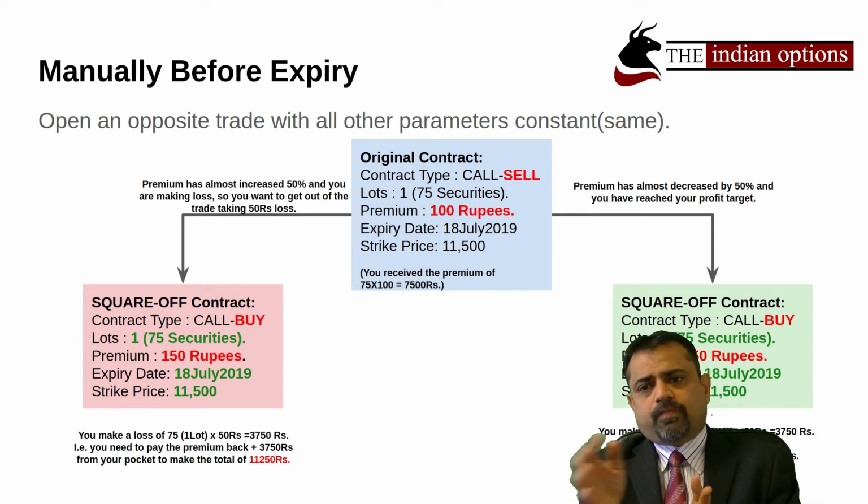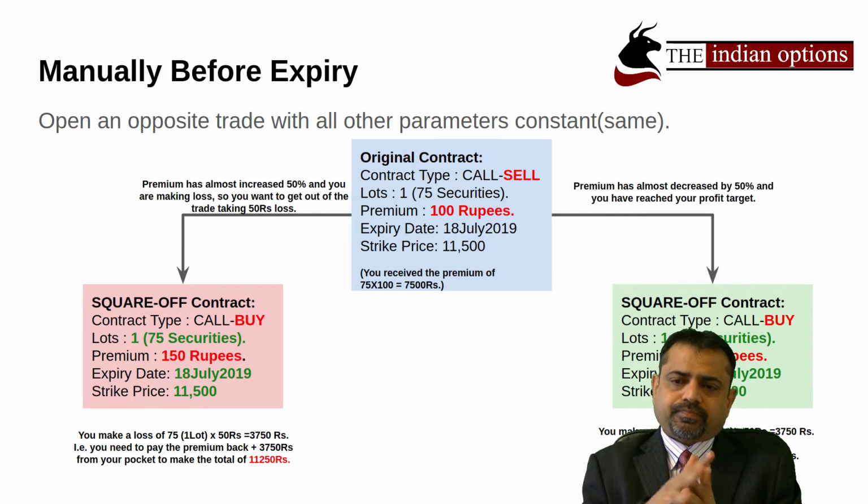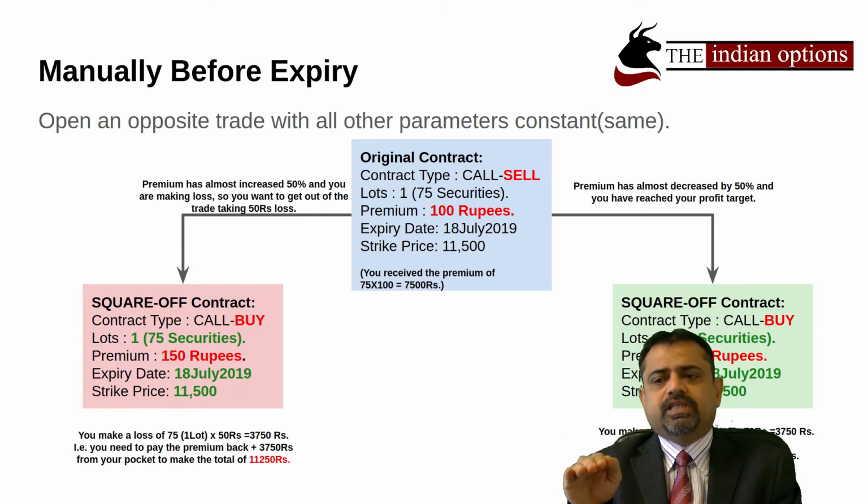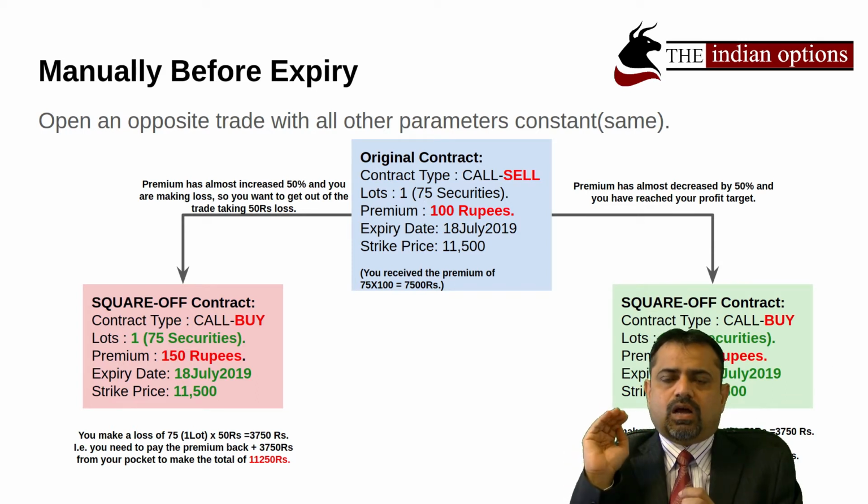Now if you make a profit, so the premium is decreased by 50 rupees. Okay, the premium is decreased by 50 rupees, which means that you have made a profit of 50 rupees. Now in that situation what happens is,